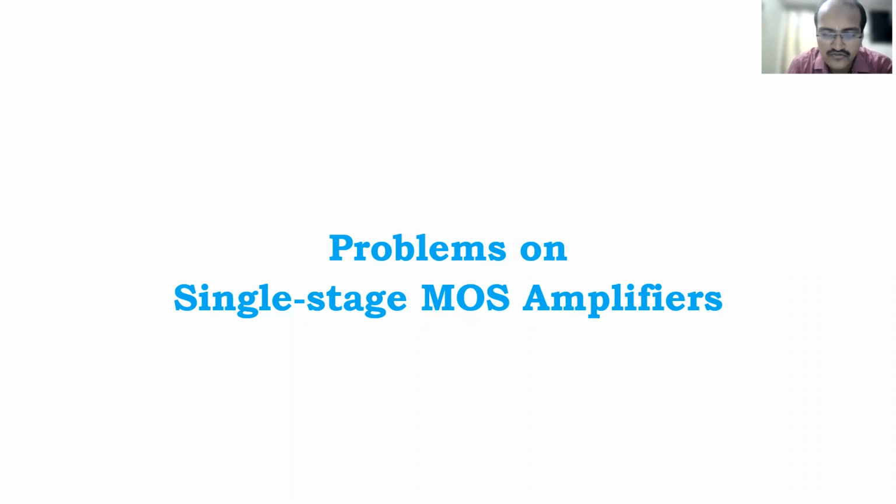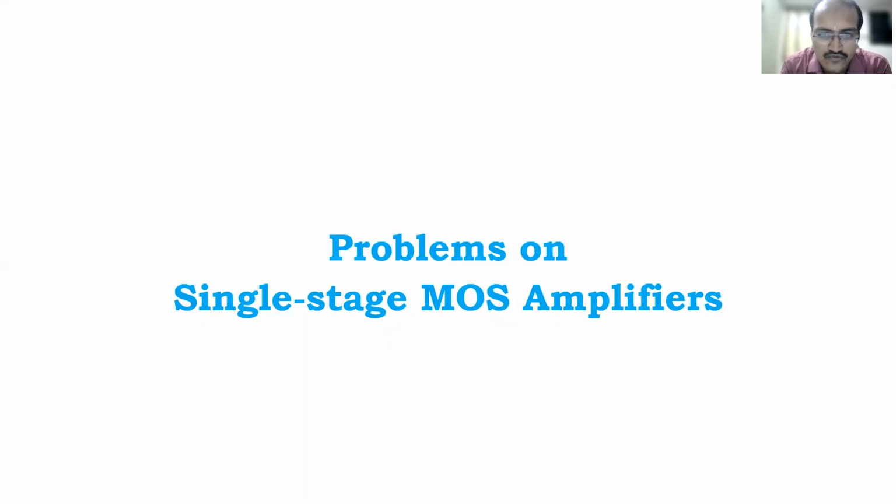So in the previous 2 to 3 sessions, we discussed the single stage MOSFET amplifiers. They are common source amplifiers, common source amplifier with source resistance, and then common drain amplifier, also called the source follower circuit. We derived the analysis and its voltage gain, open circuit voltage gain, input resistance, output resistance, and all we have derived and written.